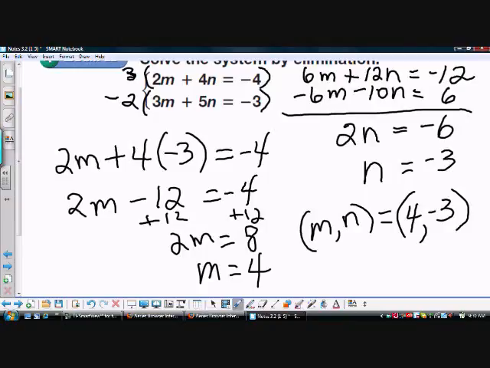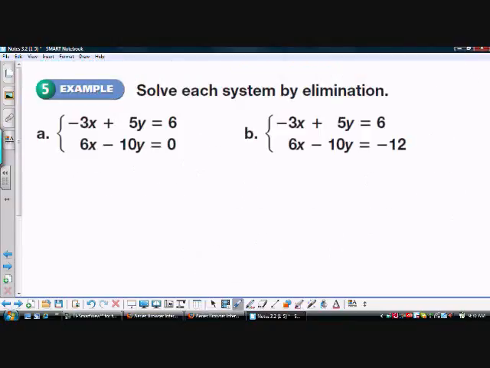Okay. Then they get a little trickier. Let's try these two. These are going to be trig equations. So if I'm going to solve this first one, it looks like I could just multiply the second equation by 2 and I would get the same coefficient on the x. So if I only have to do one multiplication, I'll just do one multiplication. So I'm going to multiply. I'm going to change pen colors here. If I multiply the top equation by 2,